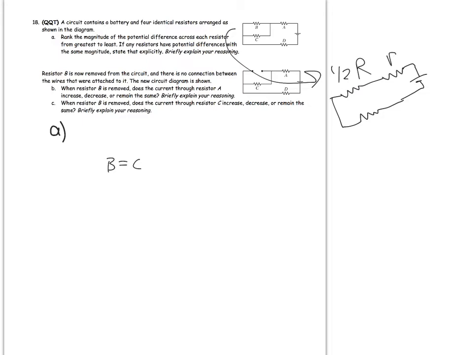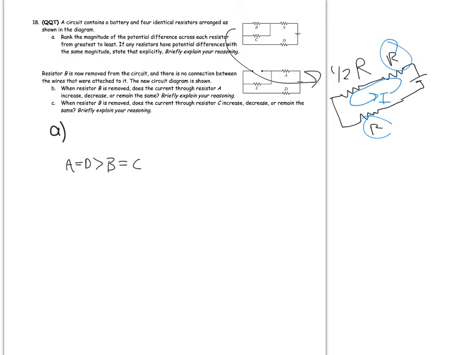So that means, knowing that all of these resistors get the exact same current when we reduce this circuit partially, that means that these two resistors will get more voltage than B and C, and they're also going to get a voltage that's equal to each other because they both get the full current of the circuit. They have the same resistance, so they're going to get the full voltage. So that means that my final ranking is going to be A equals D,